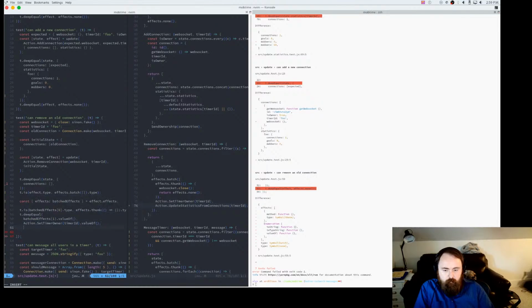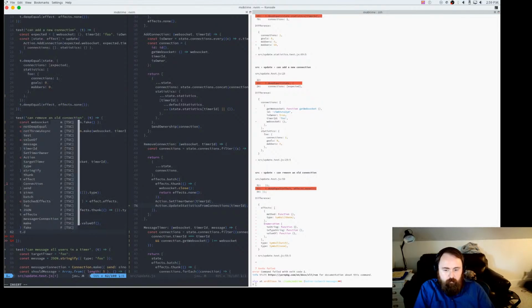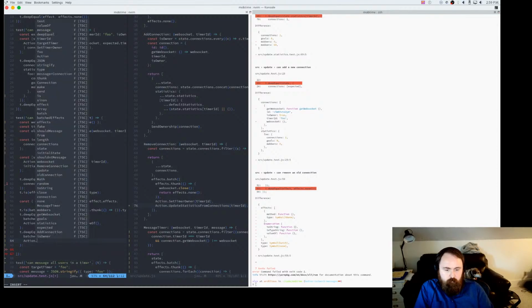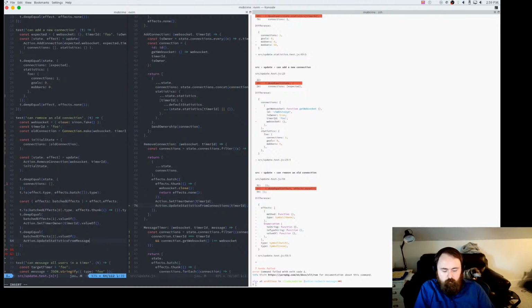And we can do the same for this last one, deep equal, and then yeah, I guess we need to run that effect and just validate that it closes that socket.